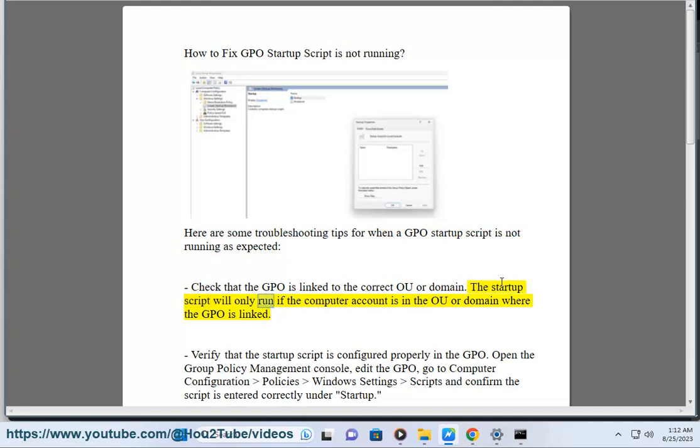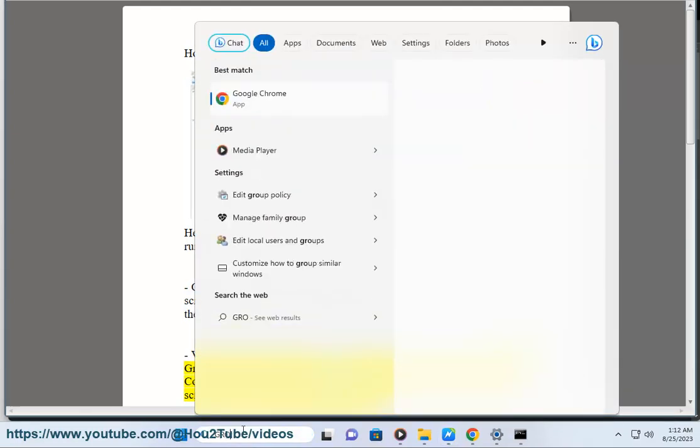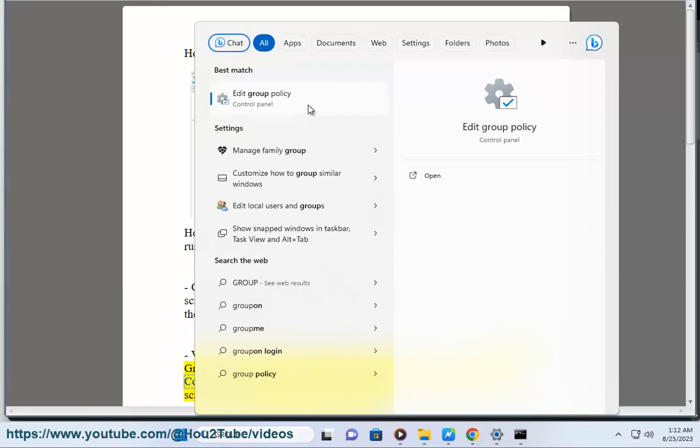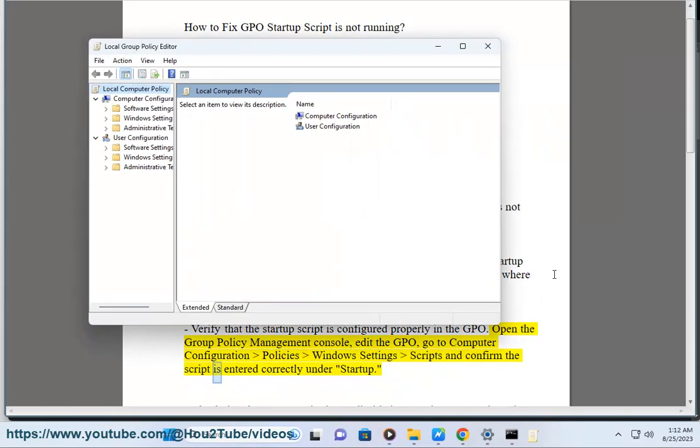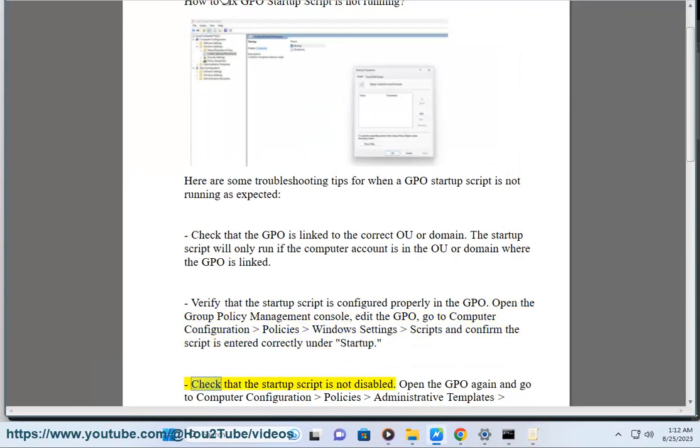The startup script will only run if the computer account is in the OU or domain where the GPO is linked. Verify that the startup script is configured properly in the GPO. Open the Group Policy Management console, edit the GPO, go to Computer Configuration, Policies, Windows Settings, Scripts, and confirm the script is entered correctly under Startup. Check that the startup script